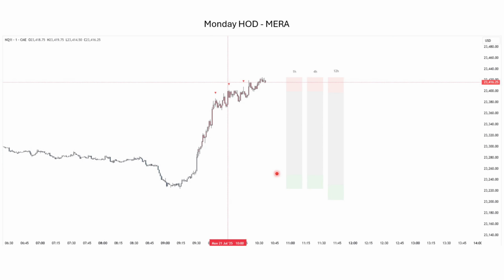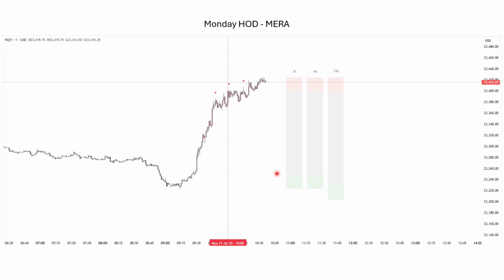Okay, so starting off with MERA, what I'm going to do is run through each indicator individually over each day to show you how they stack the confluences together in the same way. So all you really need to do is look for your entry model, your confirmation of a shift to get